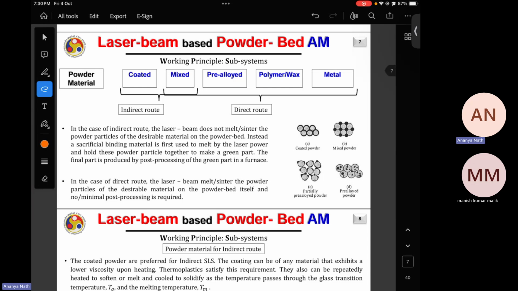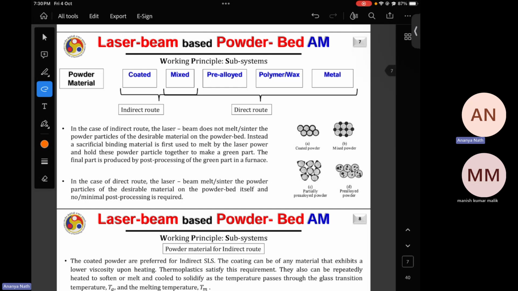But if you are working with a smaller laser spot, maybe around 20, 30, then you have to go with a smaller powder particle size distribution, which can come in the range of nano. So you have to then use nanoparticles for PBF. Always remember, if you are decreasing the size of the powder particles, that means you are increasing the quality of the printing.